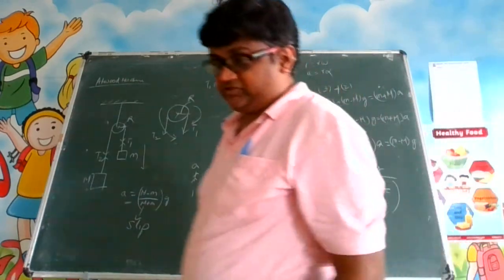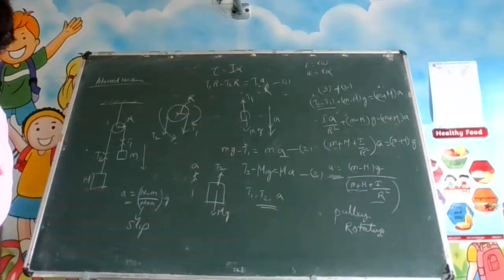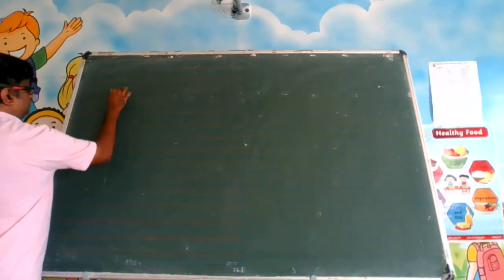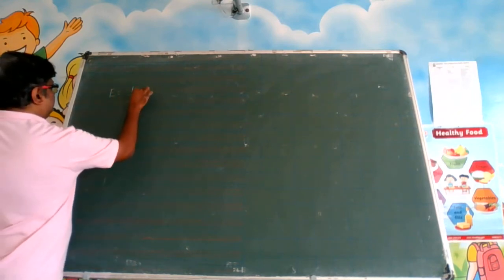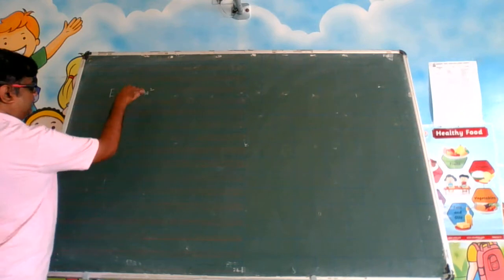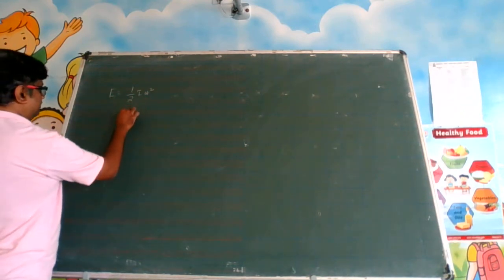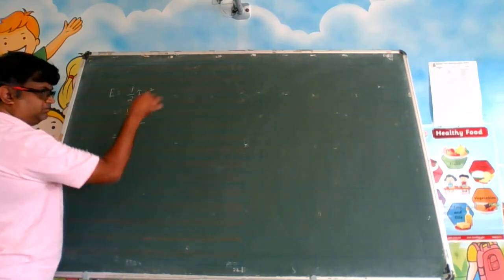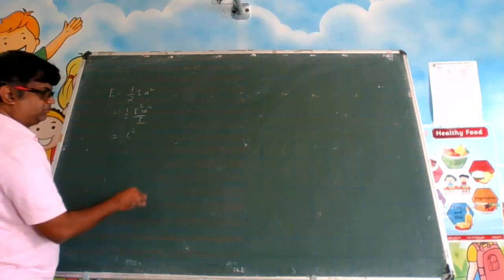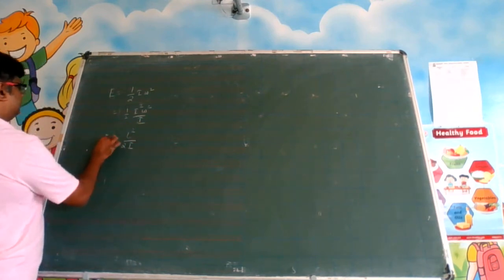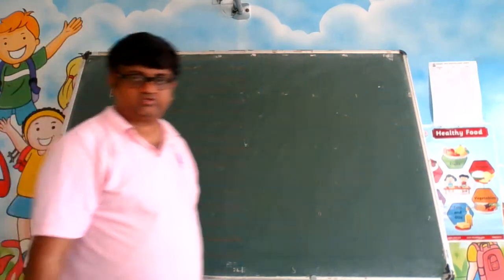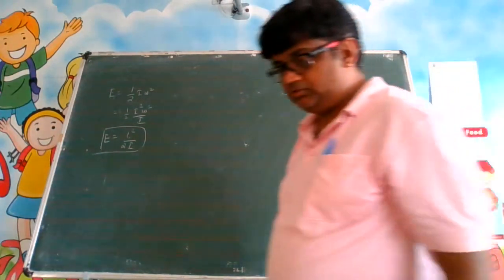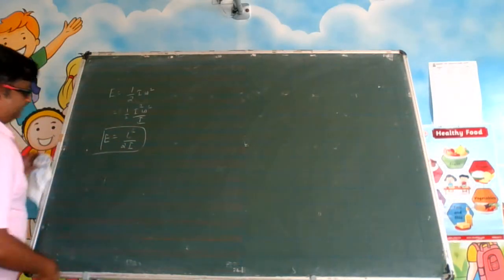So that's it. One more point I forgot to tell you. When you are writing this rotational kinetic energy, it was half I omega square, isn't it? So multiply numerator and denominator by I. What are you going to get? You are going to get I square omega square by 2I. What is this, (I omega) whole square? It is L square, no? Angular momentum. L square by 2I is also another way of writing this rotational kinetic energy, which I skipped. Okay, make a note of this. E is equal to L square by 2I is another way of writing.